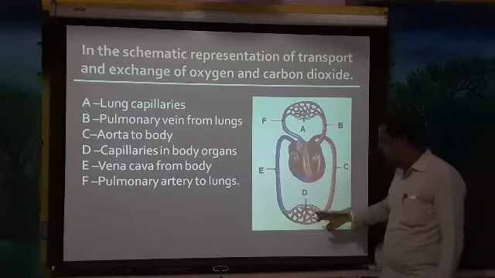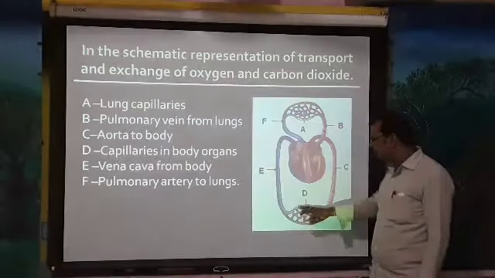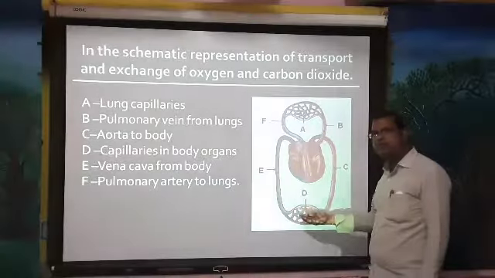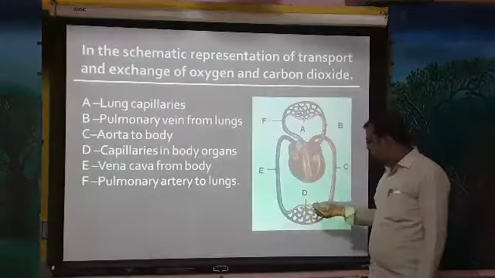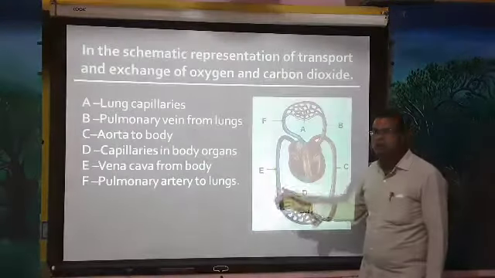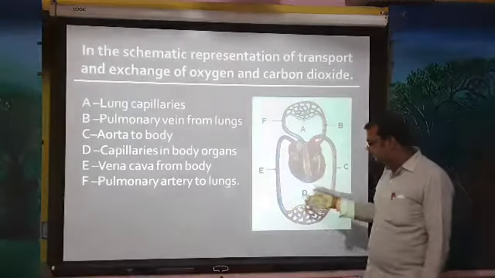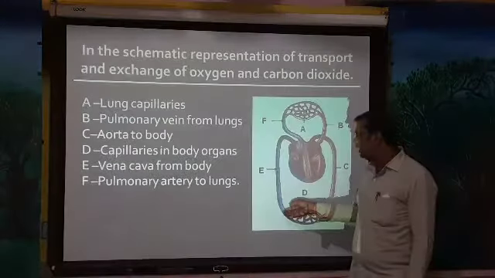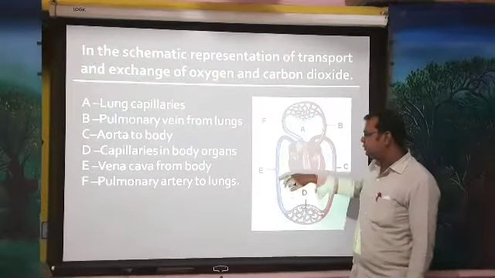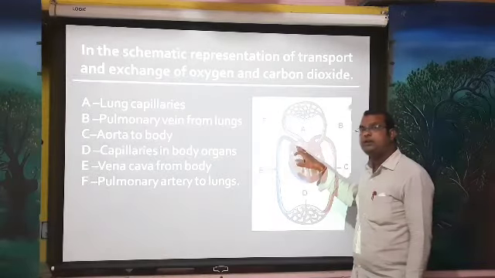So the different parts of the body get the oxygenated blood. Here an exchange of gases takes place. The cells get the oxygen from the aorta, and what happens? These cells give back carbon dioxide rich blood, that is deoxygenated blood. That deoxygenated blood goes to the heart through the parts called the superior and inferior vena cava. Through the superior and inferior vena cava, the blood enters the right atrium.